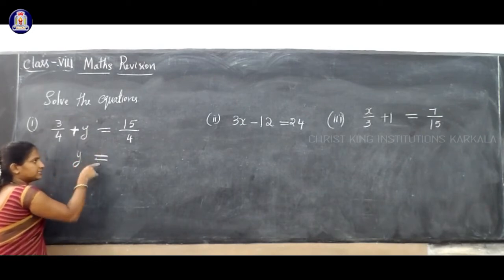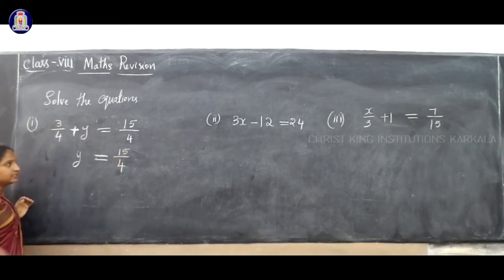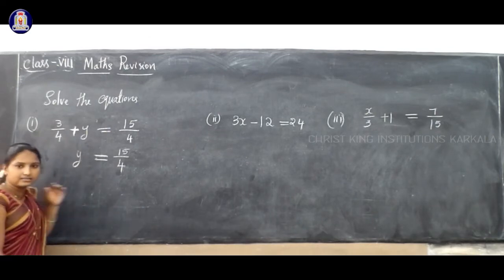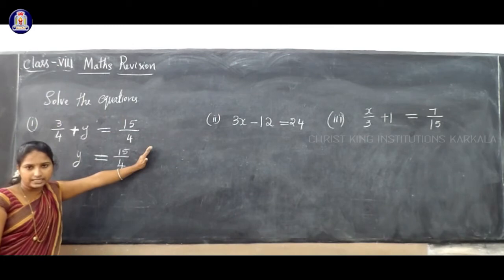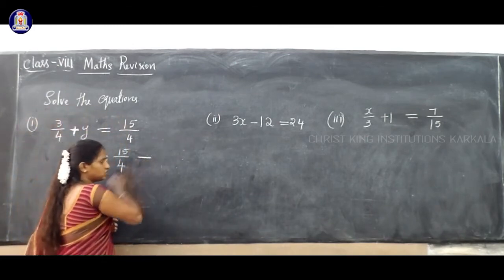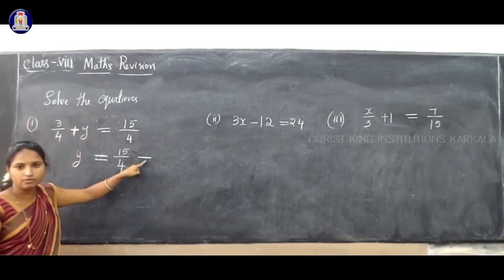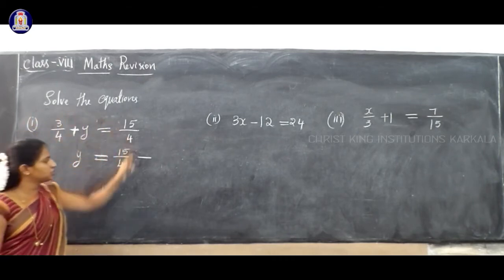So now y is equal to 15/4. 15/4 will be in the same place. Just you have to bring this term. That means plus 3/4. The sign is not written, but we consider there is a sign, that is a plus. Okay? So plus 3/4 will go to right hand side. So what happens if you write 3/4 in another side, the sign will change. Plus sign will change into minus. Clear? The sign is here plus, so plus will change into minus. Suppose if sign is here minus, what you have to write? Minus is changing to plus.